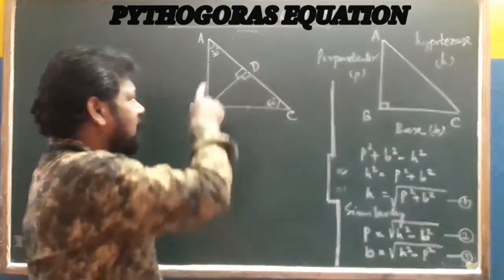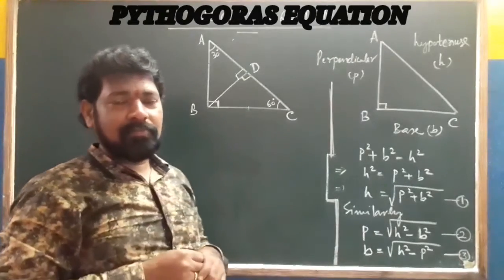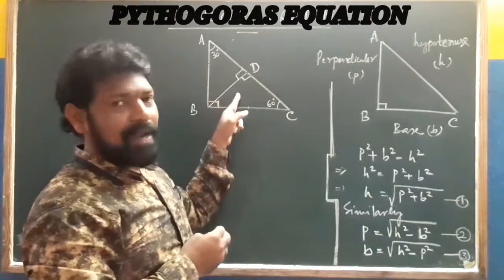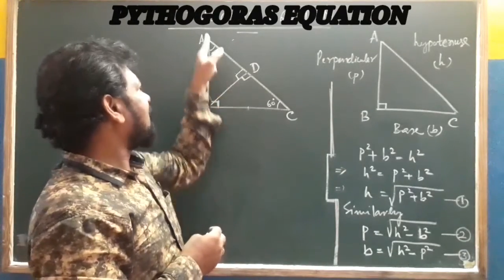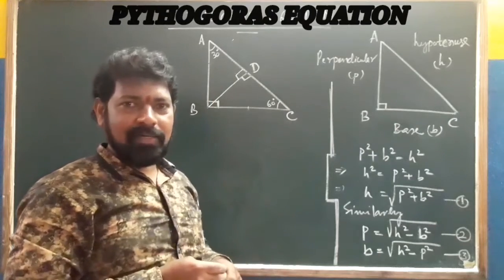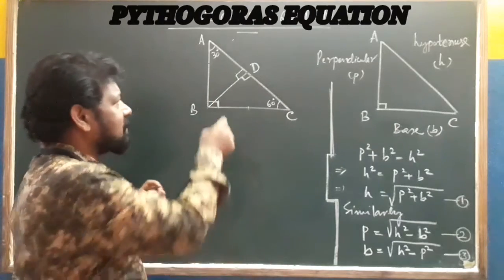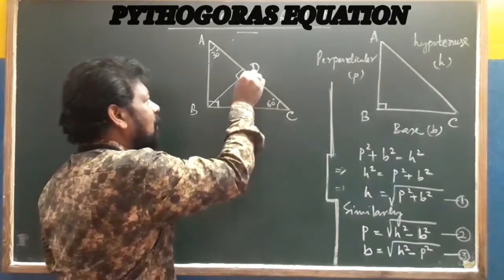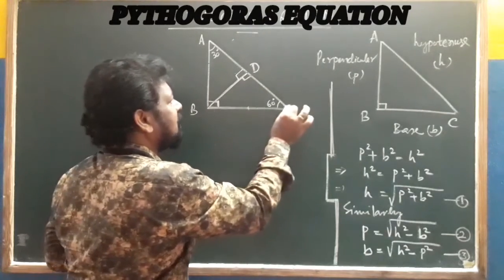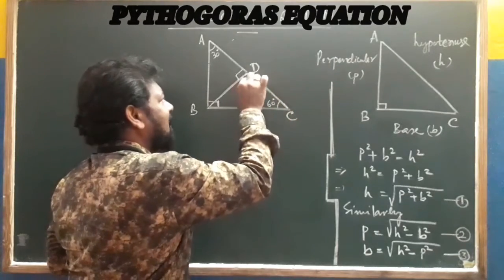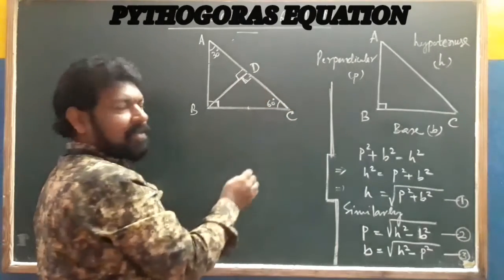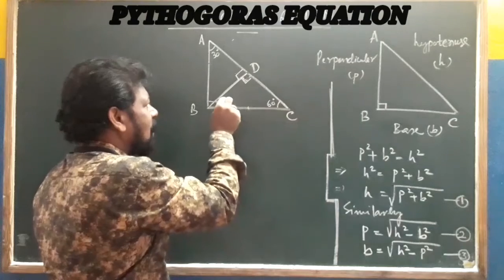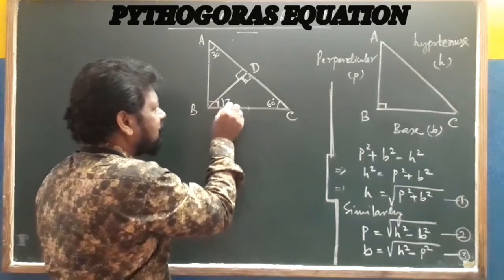Now here in total we got three right angle triangles: this is one right angle triangle, this is one right angle triangle, and ABC is one more right angle triangle. Coming to the right angle triangle DBC, only focus on this triangle DBC. Here one of the angles is 90, this is 90 degree, this is 60, so ultimately this angle will come to 30.